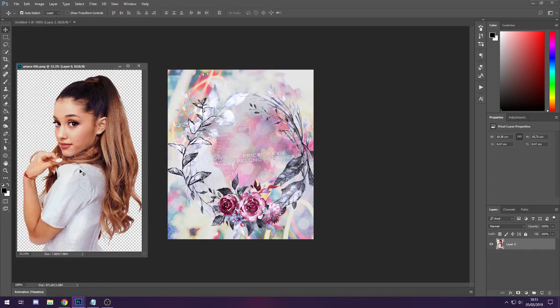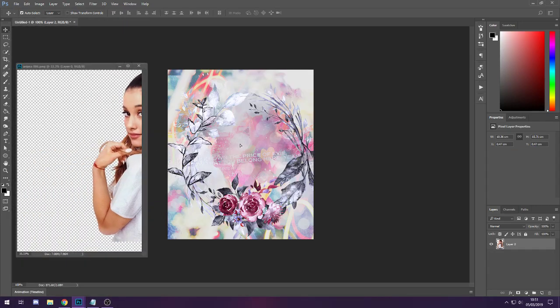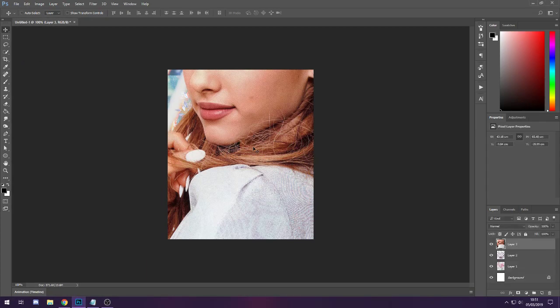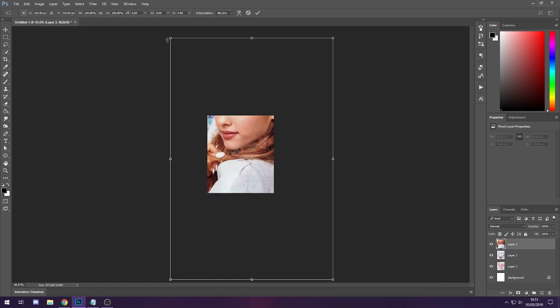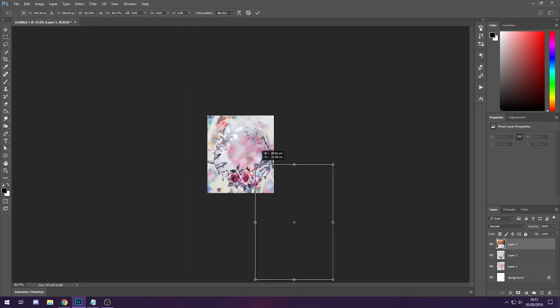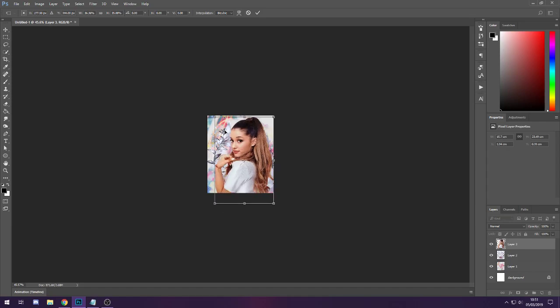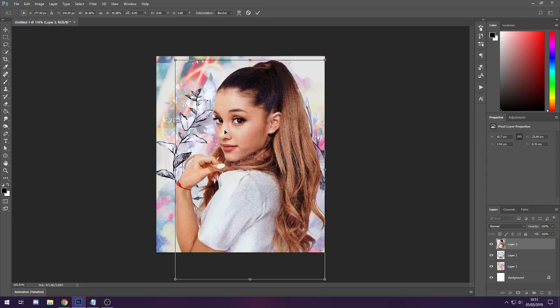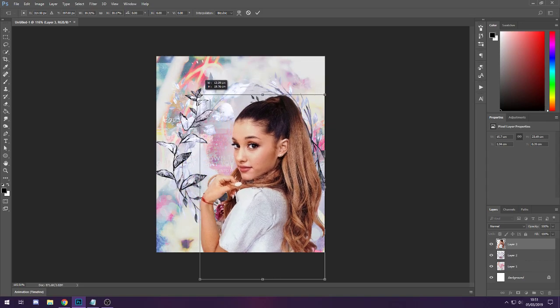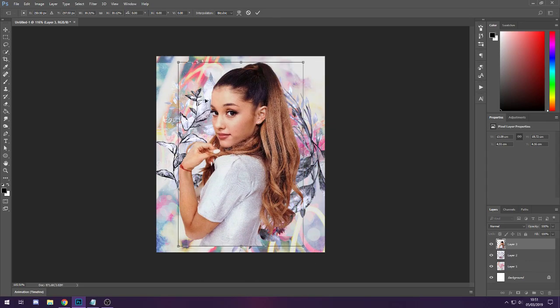And then I'm going to get my PNG of Ariana, just again drag and drop on. So as you can see, huge size, so Command or Control and 0. I'm still getting used to working with a Windows computer. I'm just going to scale it down, Command and Control and 0 again, and just keep going until it fits. Once I'm happy like that, I'm just going to push it in by pressing Enter. I'm then going to drag that layer underneath,